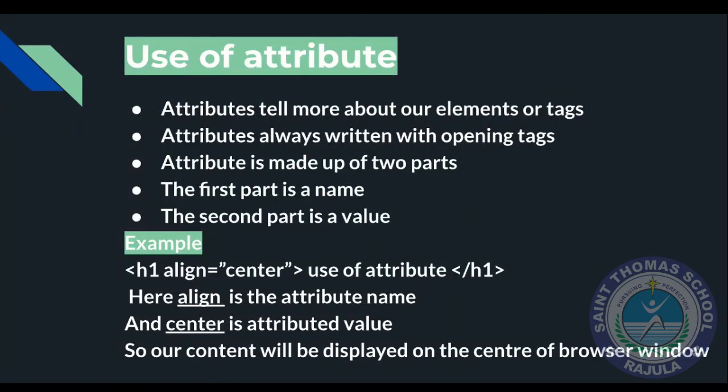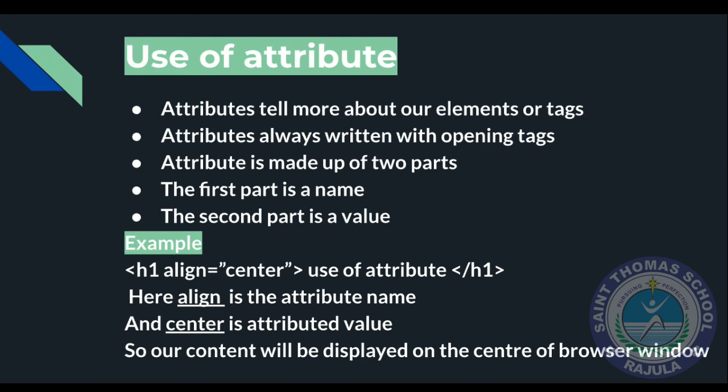Hello dear students, in part 1 we have discussed the terms internet, WWW, what is HTML, and HTML tags, that is paired and unpaired, and now we are going to discuss the use of attributes. What are attributes? Attributes are just like adjectives, and they provide some extra, additional information about our HTML text. Attributes are always written with the opening tag. These are the points that we have to remember about attributes, students.